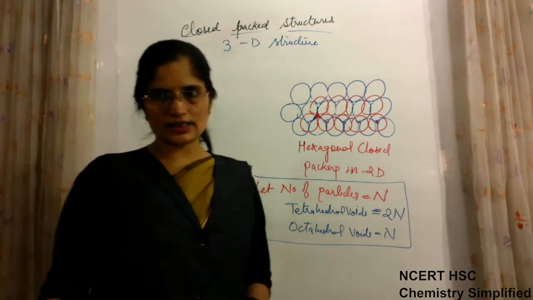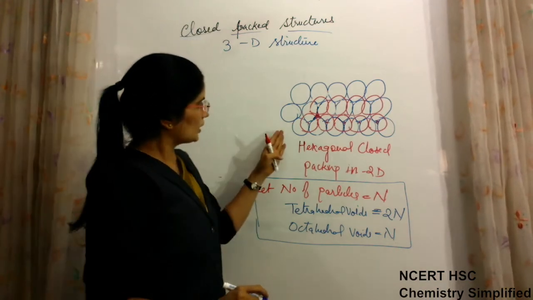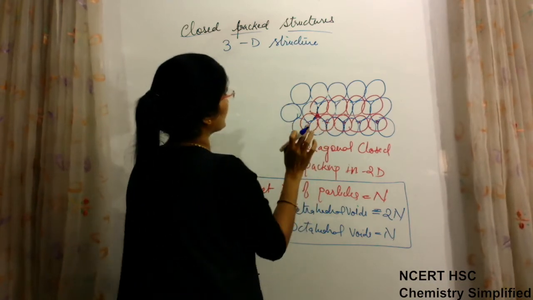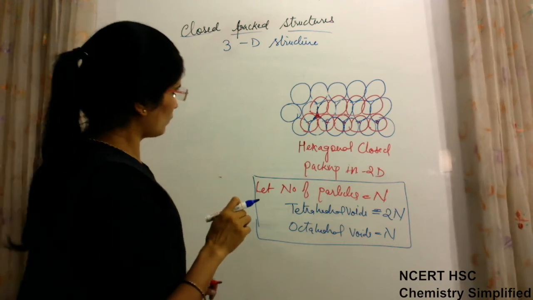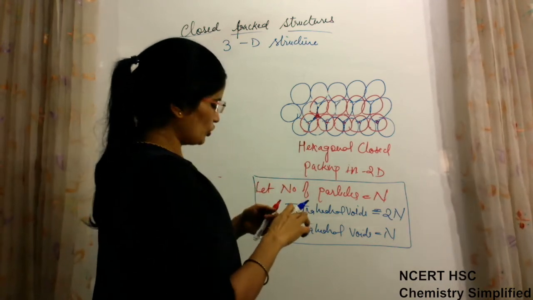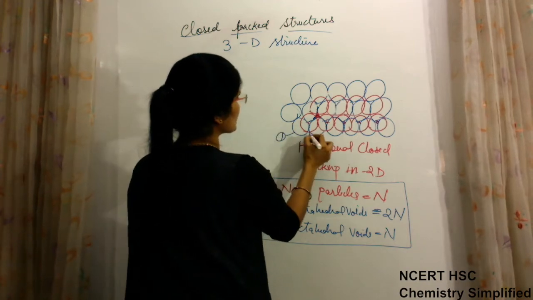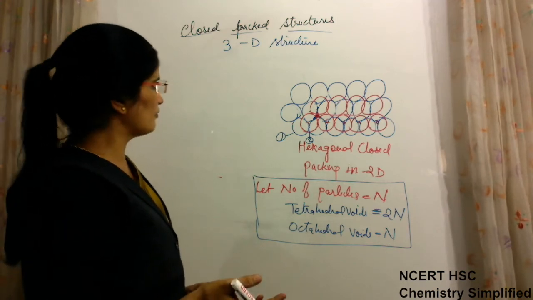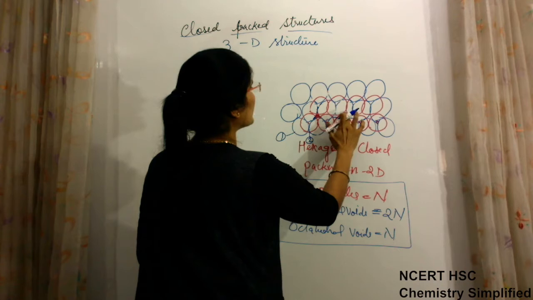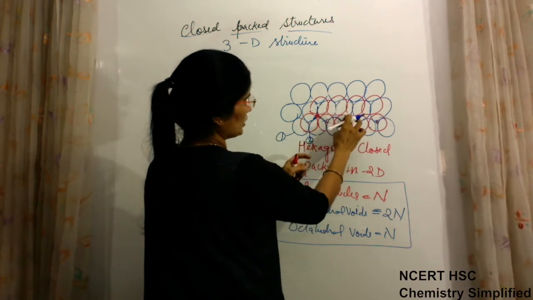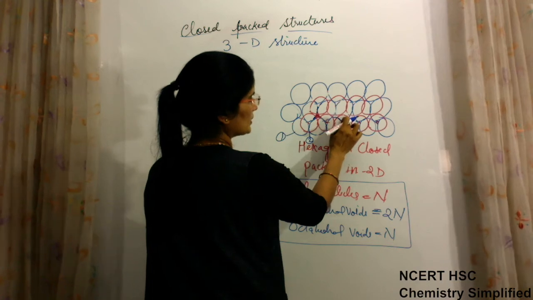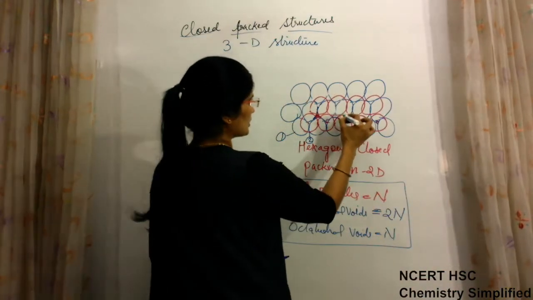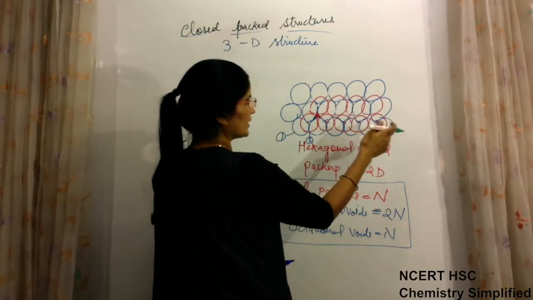Now we have placed this layer. Now what do we have to do? We have placed the second layer, and now there is a possibility for the third layer. This is layer number 1, this is layer number 2, and now you have to put layer number 3. One way is to put the third layer in the tetrahedral void. You see 1, 2, 3, there is a tetrahedral void generated by this. So you put the third layer, let it be green color, on the tetrahedral void of the second layer.